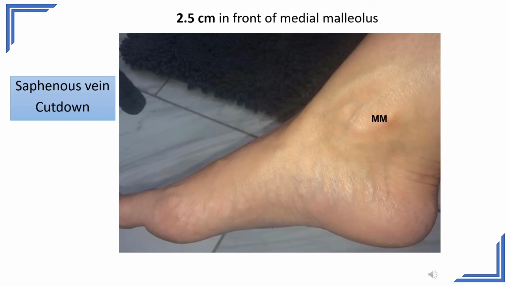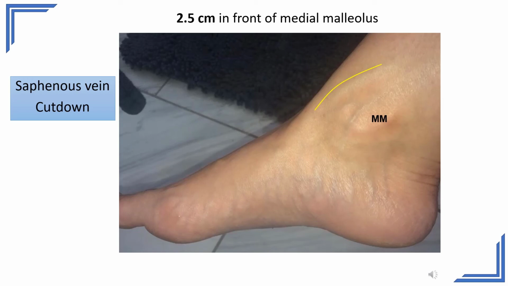So, what is done is, in these people, after giving a local anesthetic to the area, a scalpel is used to open up the great saphenous vein, and then a cannula is inserted and hydration can be given. But the only important structure that you need to take care while we do this procedure is, yes, the saphenous nerve that accompanies the great saphenous vein anteriorly.